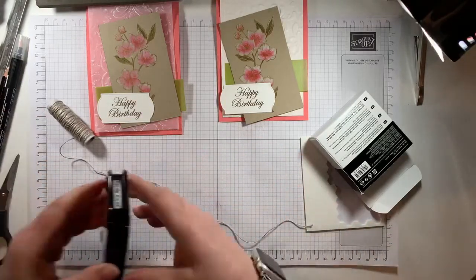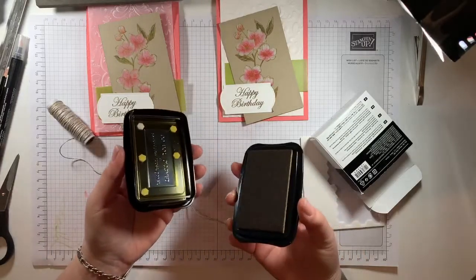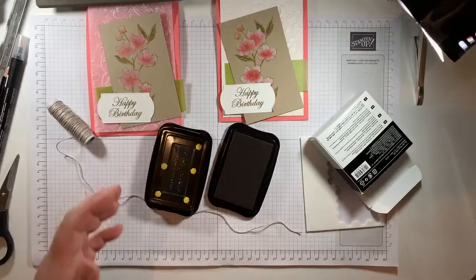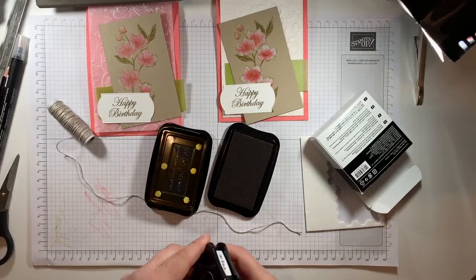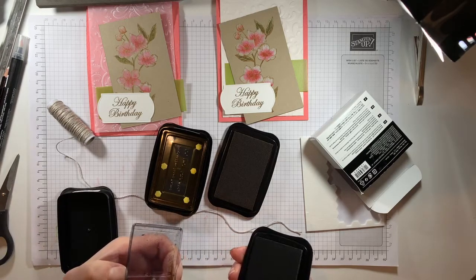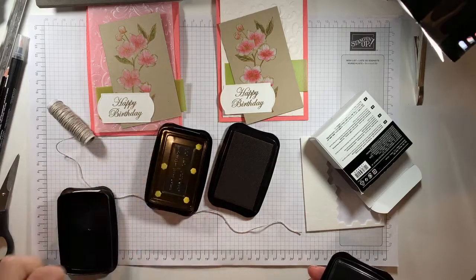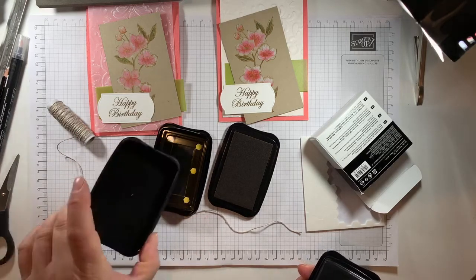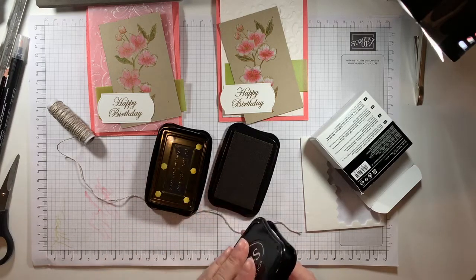Yes, I put dimensionals on my lid. You had a good idea with that. So the StazOn inks come with a double lid, and you need the inner one to help keep it wet. And usually what I have done is just dealt with it. But Nikki pointed out that someone had said if you put dimensionals inside your outer lid, it's perfect to hold your inner lid